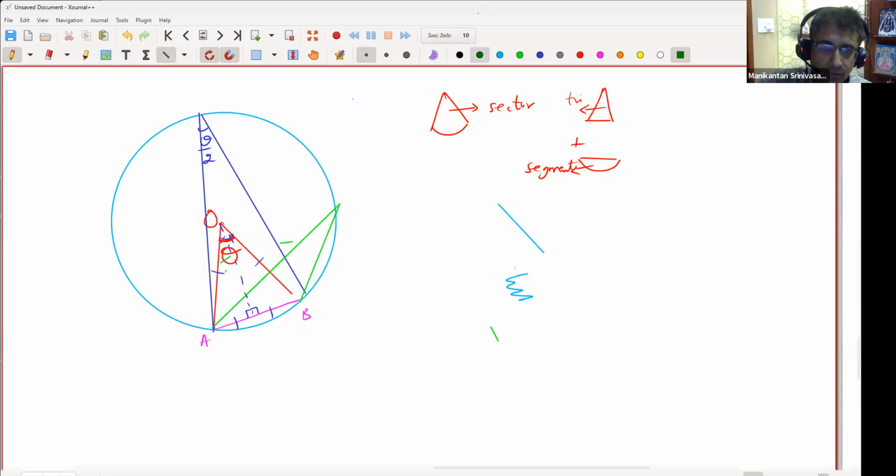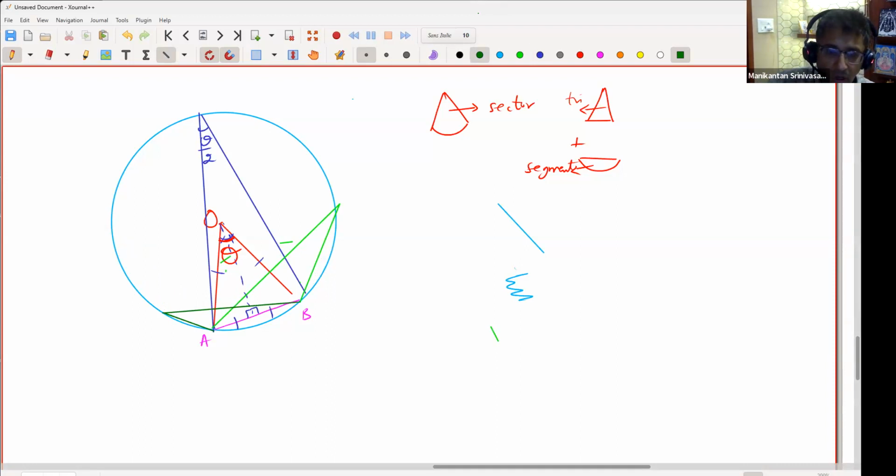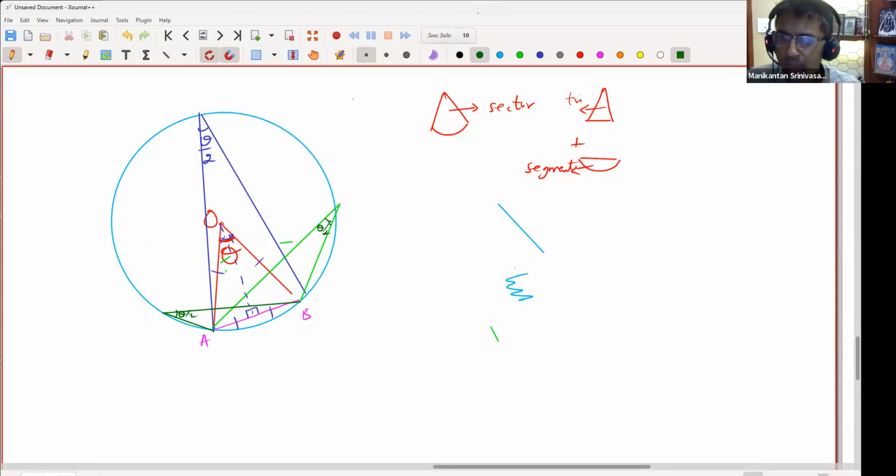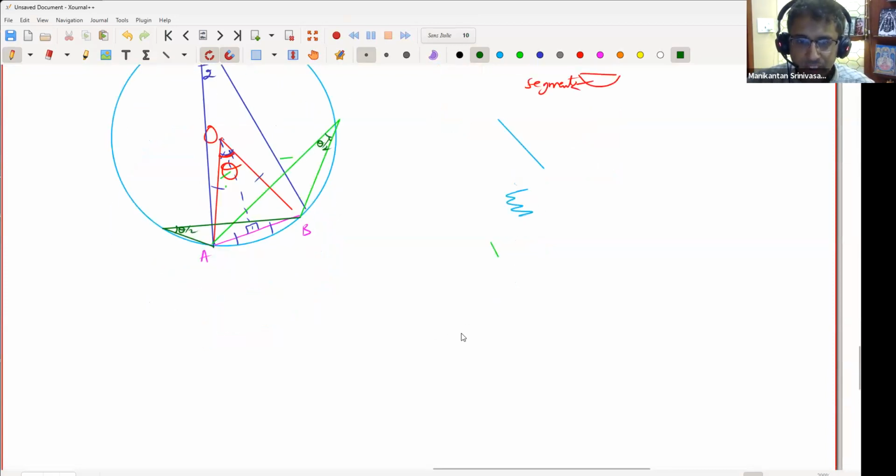I can go from A to anywhere, right? I can literally go from here to even here nearby somewhere and then come back to here. All of these angles will be half of the angle at the center: theta by 2, theta by 2, theta by 2. Okay, you can prove all of these. I'm not taking time to prove all of these because they'll take some time, but know all of these properties for sure. Okay, now the other thing is when you have a tangent,